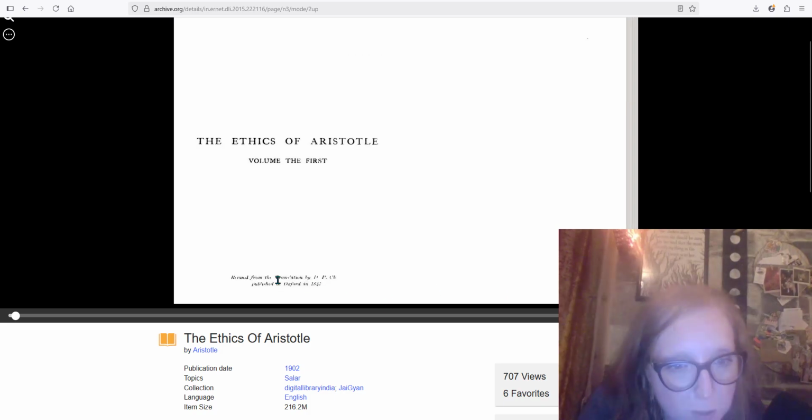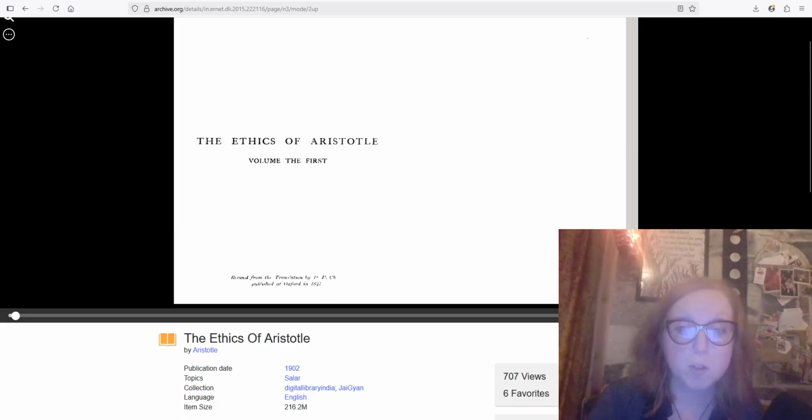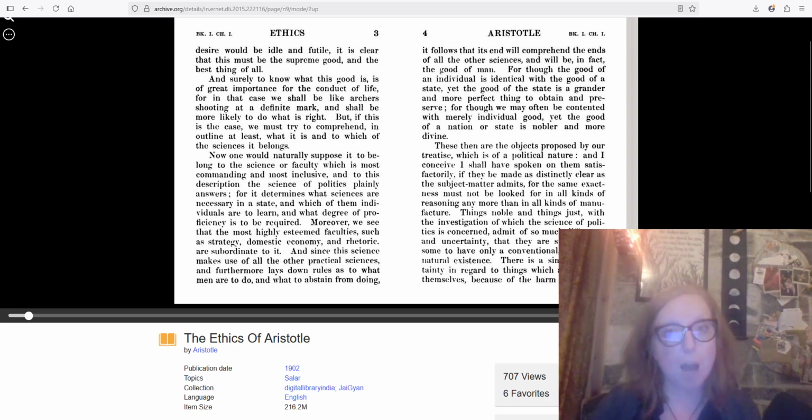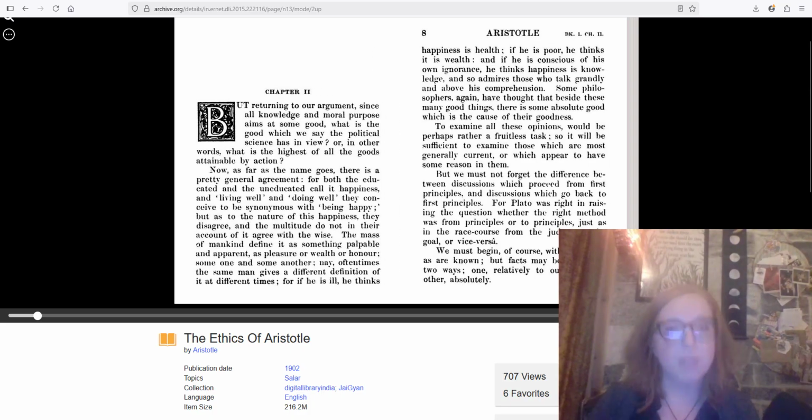Here we are. Translated by P.P.C.H., it looks like, in 1847. So the translation year of this book is interesting because it's different than the publication year, which is 1902. So if I'm using an Internet Archive copy of an ebook, and I only use the Internet Archive because it's free,